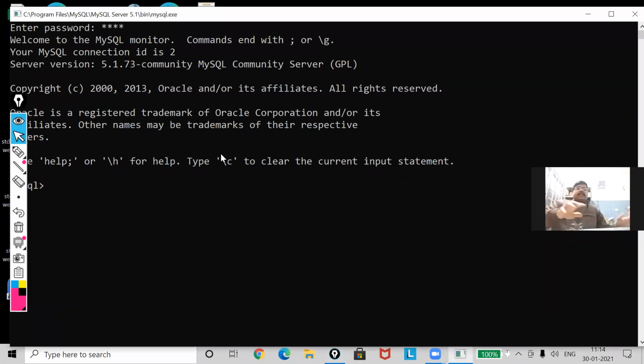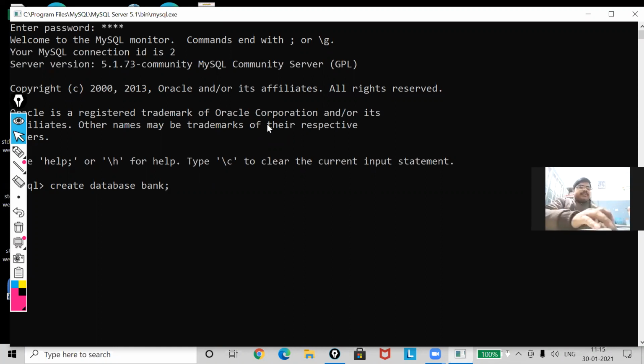Okay, now I'm going to explain how to create a database. You all know, my dear, the create command is used to create, not only the database, it also helps to create a table. But here I have to create the database, so I will write create database and the database name. Suppose the database name is bank.